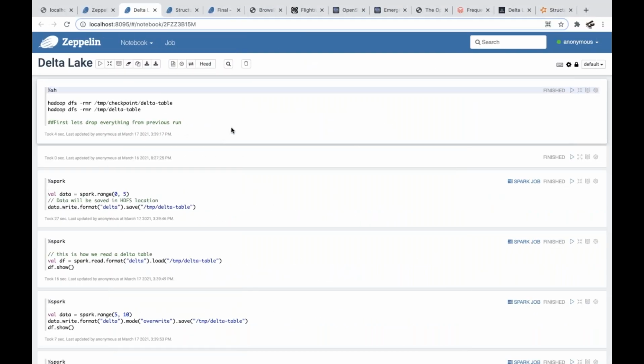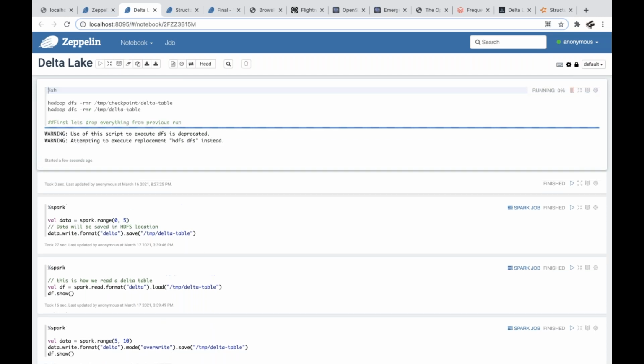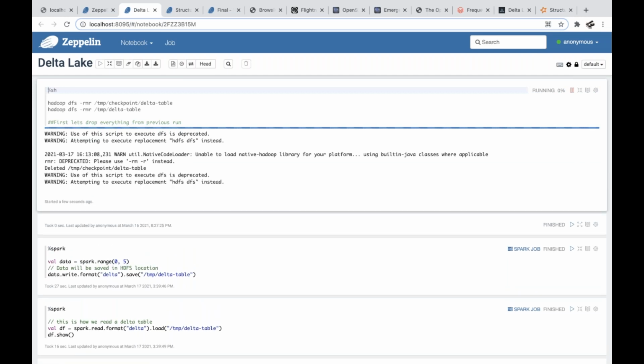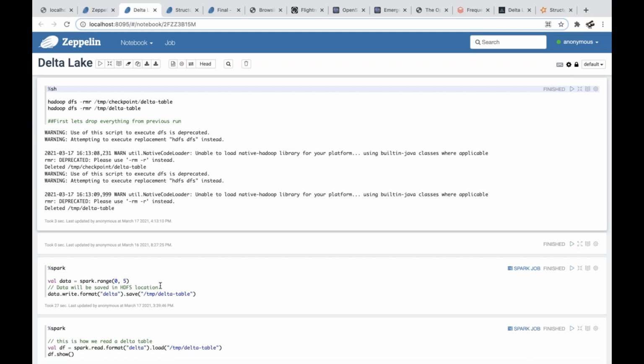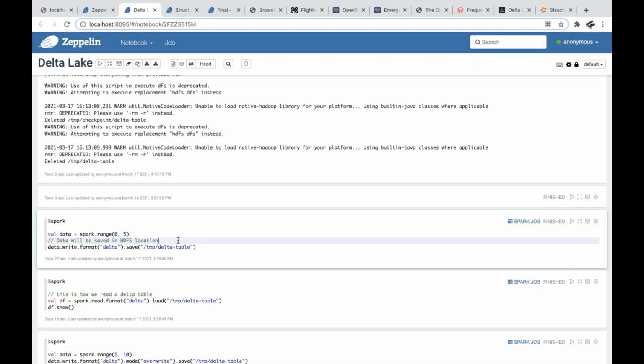Let's continue. Okay, so this is our Zeppelin. For today's demo, we will be using Zeppelin notebooks because it's quite fast and good for visualization, right? And let's see. First, I would like to start by deleting whatever is left over from my last test. Okay, so this is the first entry of Spark.